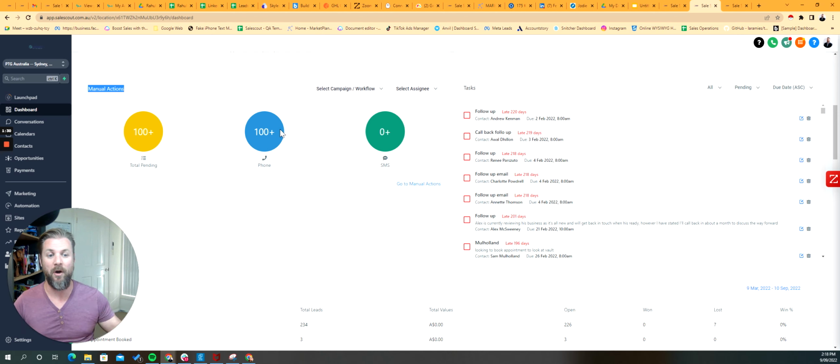So if you're running a workflow that sent an SMS to a bunch of people and you wanted to call everybody back, you would assign step 1, send the SMS, and then you probably wait 3 days and then assign a manual action. You assign it to a user, and the user logs in and sees all their manual actions right here. So it's sort of like a follow-up action, right? Anyway, you've always been able to click on go to manual actions like this